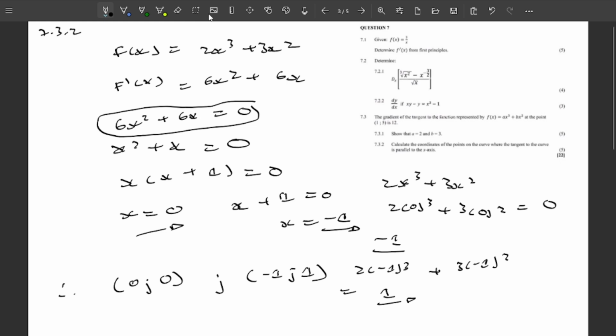By the way, just to confirm with you, you don't need to write the equal sign here. You don't need to write that 0 because we're looking for the y value. Anyway, that's how we do the calculus for the Grade 12 Gauteng question paper